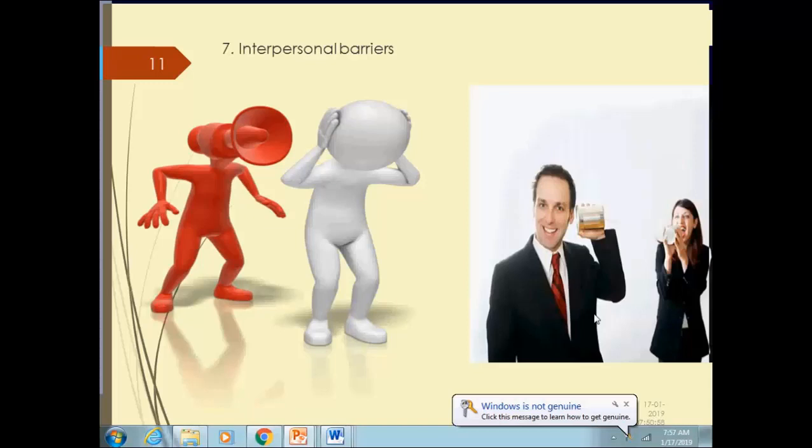Okay? And the other one is psychological, which is really the same as the emotional barrier. So you can add like 2 or 3. You can add semantics, you can add physiological, and you can add psychological, which is the same as the emotional one we saw here. Okay? Any questions? No? Excellent.